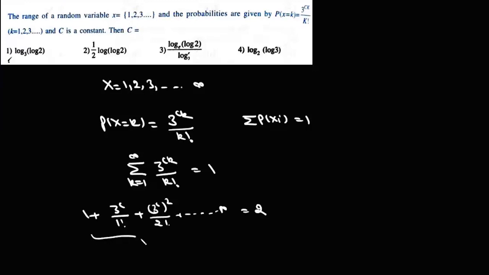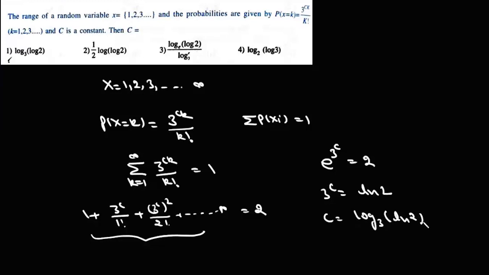अब ये जो आपका एक्सपेंशन ये है e to the power x का एक्सपेंशन, जहां पे x 3 to the power c है, तो हम लिख सकते हैं e to the power 3 to the power c, ये बराबर है 2 के, तो यानी कि 3 to the power c बराबर है log 2 के, और c बराबर है log to the base 3 log 2 के। तो यहाँ पे c का जो वैल्यू आएगा वो आएगा log to the base 3 log 2, एंड दैट्स योर ऑप्शन 1।